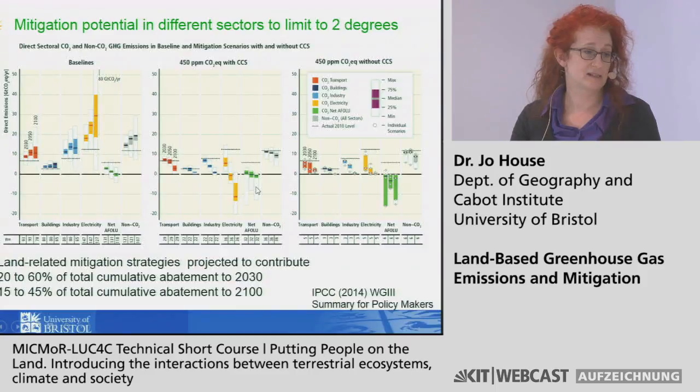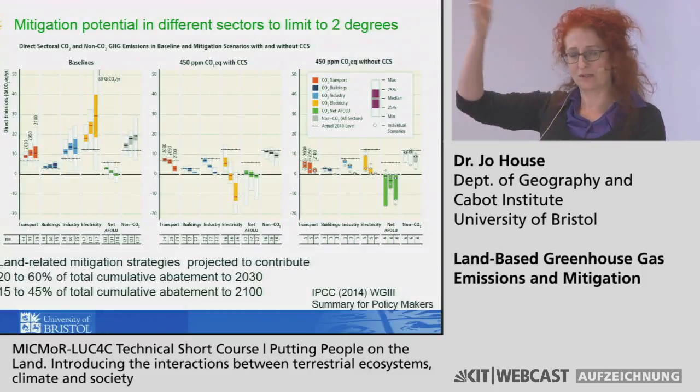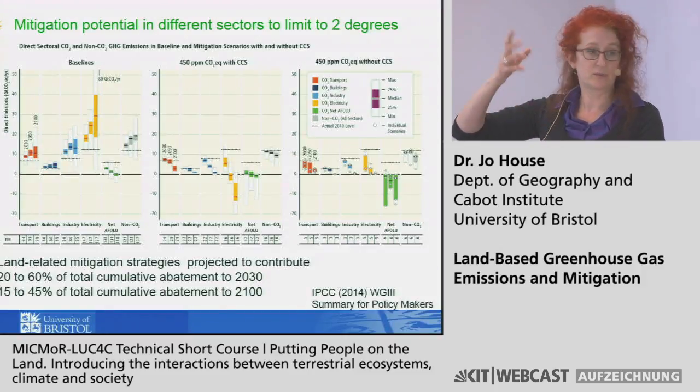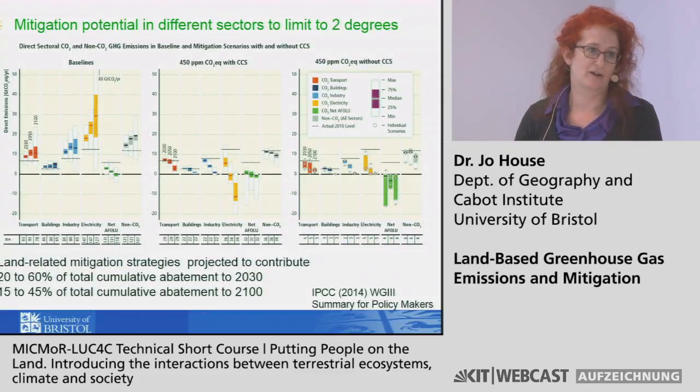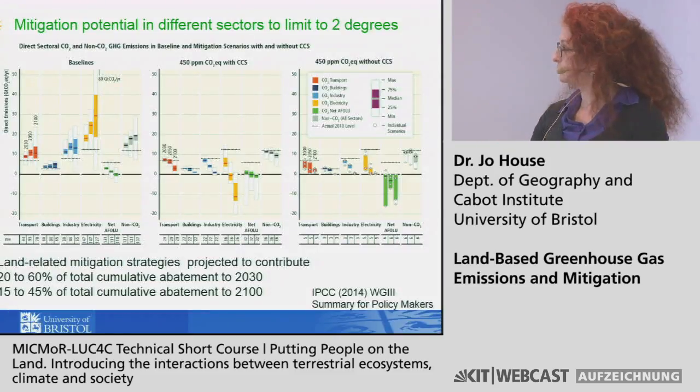Now, if you remember from my last lecture, we talked about negative emissions. The only thing that gives you negative emissions is afforestation or bioenergy with carbon capture and storage technology, and that being because the bioenergy supposedly releases as much CO2 as it takes up in regrowth, and then if you use technology to take out that CO2 and bury it under the land, then you've got negative emissions.